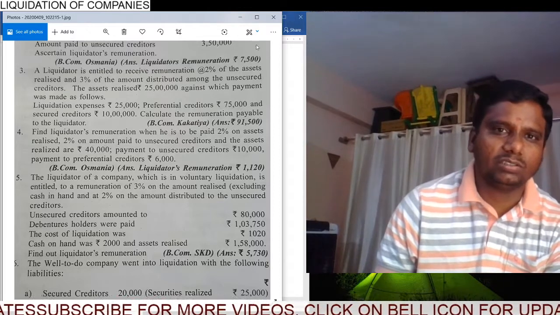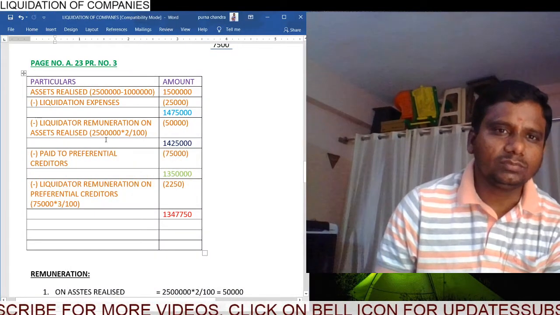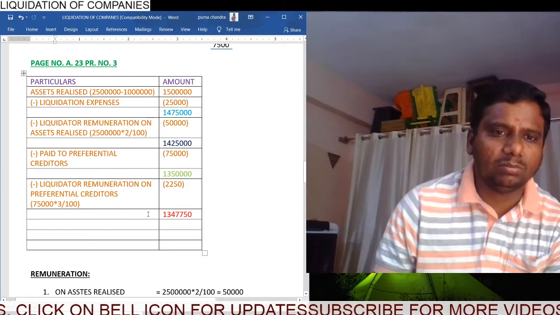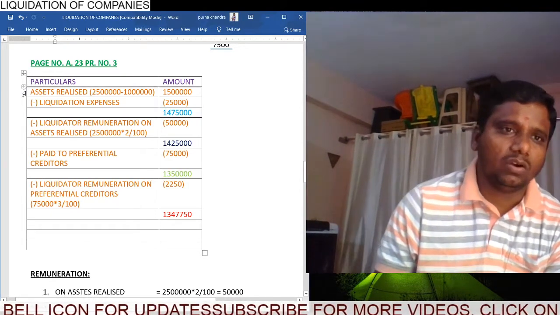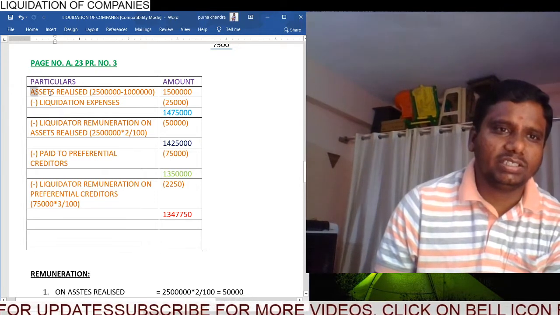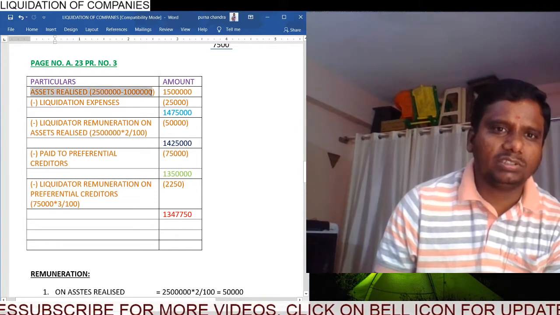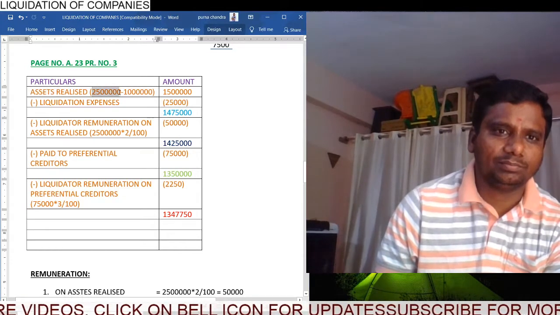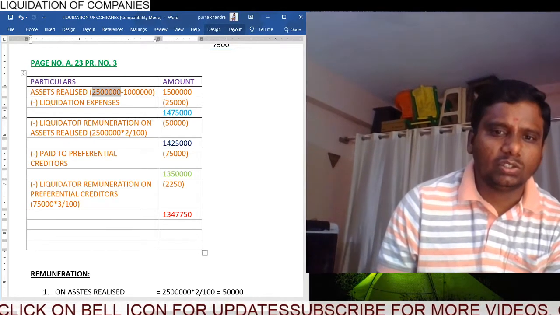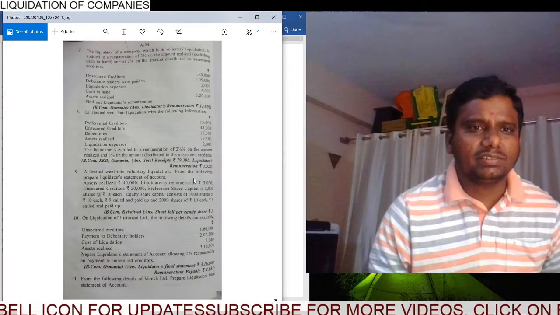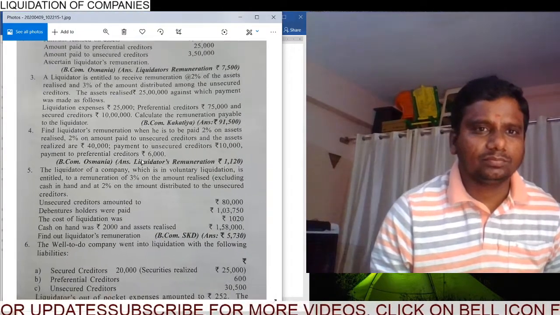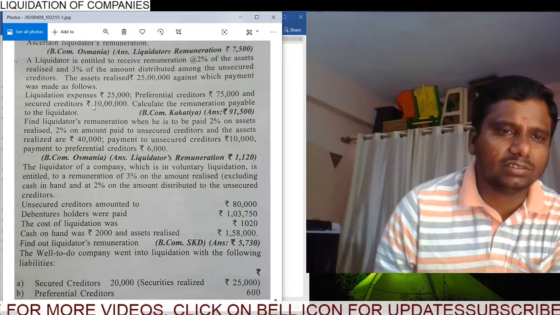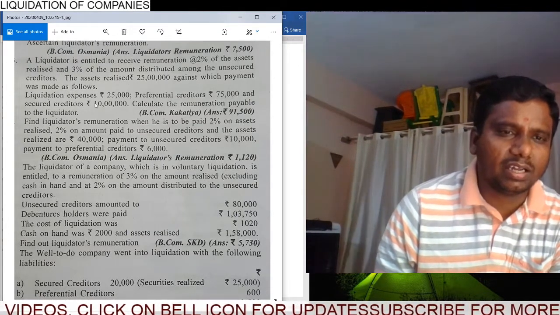Simple problem, students. Now look. First we have to prepare this statement to know the amount available with the liquidator. Okay, first look, students, assets realized. How much assets realized? If you observe, assets realized is 25 lakhs. Assets realized is 25 lakhs, but whereas if you observe here, we have secured creditors. Secured creditors means